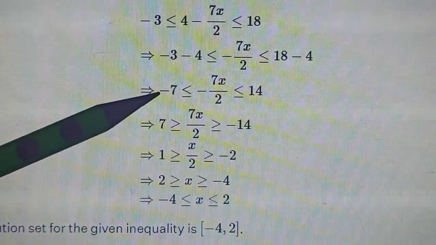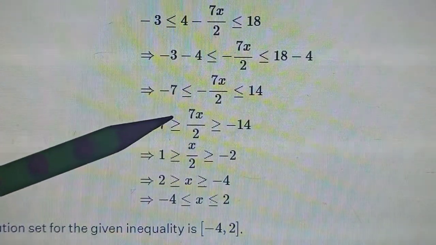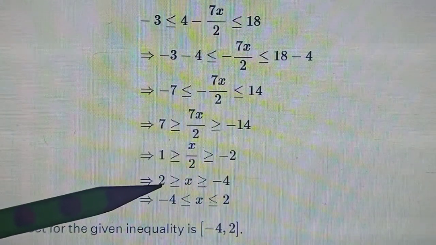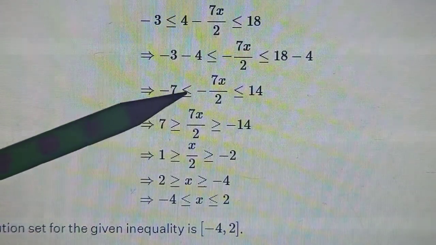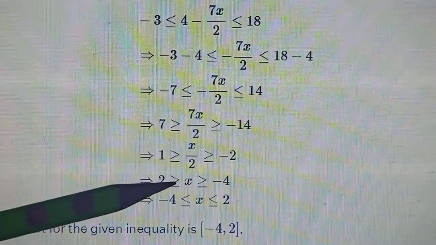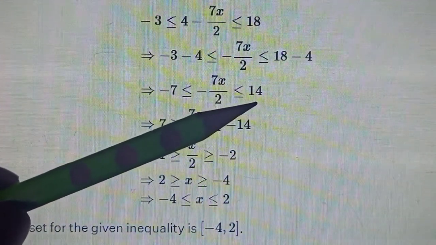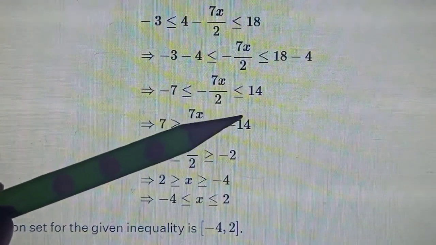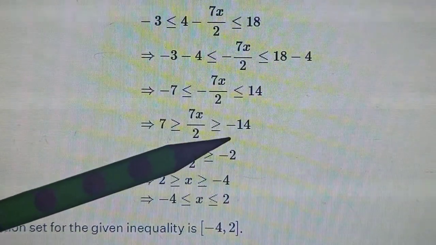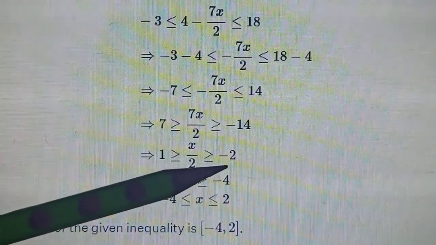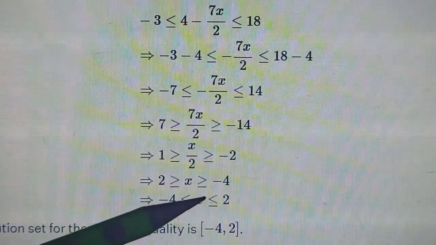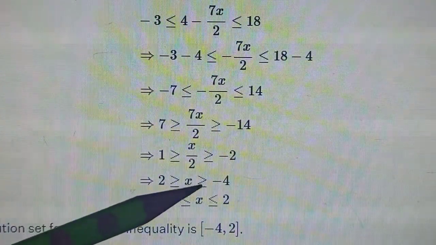So minus minus makes this positive. 7 cancels, so only 2 remains. You'll come to this step straight away. And because you were multiplying by a minus, you will reverse the sign of inequality. And this also, so 2 upon -7, 7 2s are 14, -14, minus sign was also there. Sorry, -4. So you'll come to this step straight away. So that's your solution.